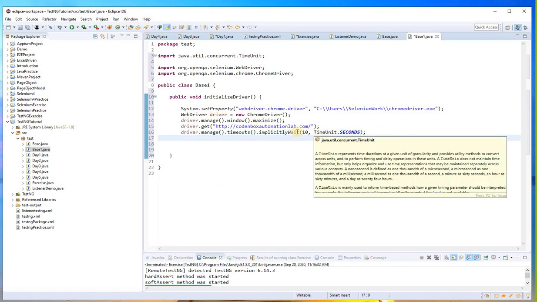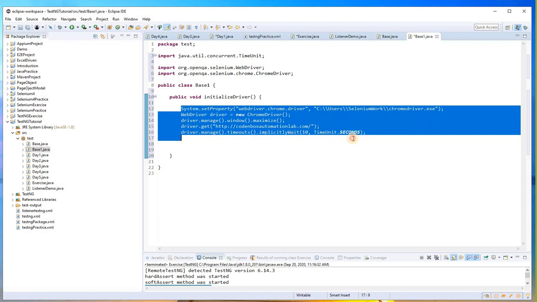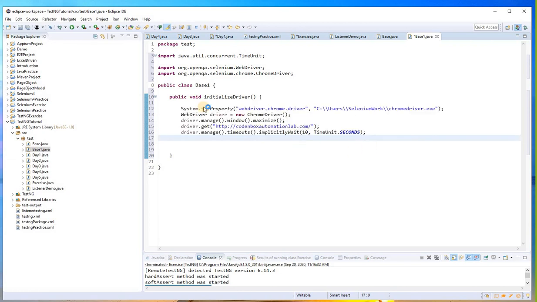Because I'm going to call this method in other classes wherever I need. So if I want to call it, what is this method doing? It is doing all those things. By who? I need a return. So I will return driver. I will return driver. So now this driver